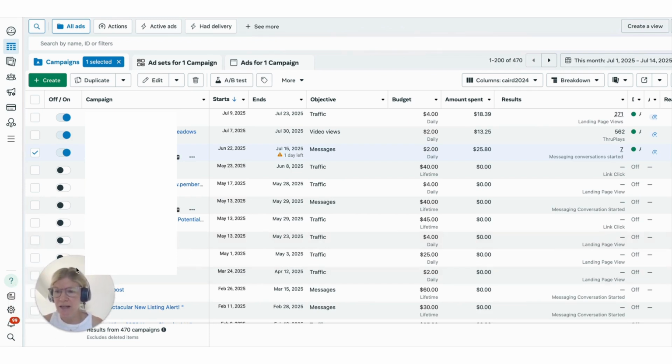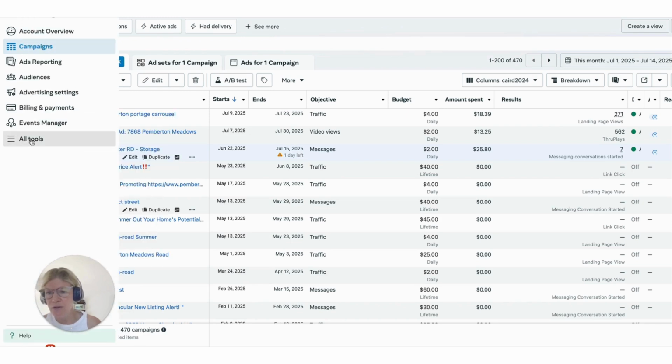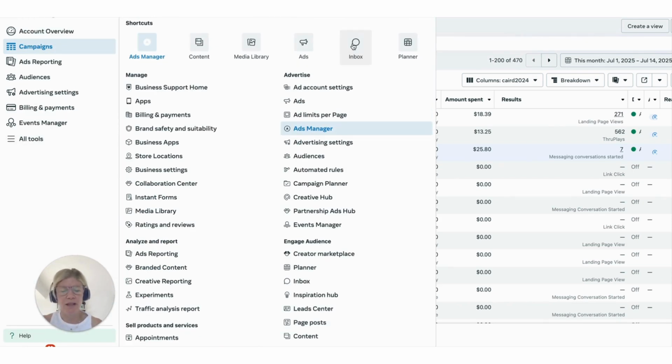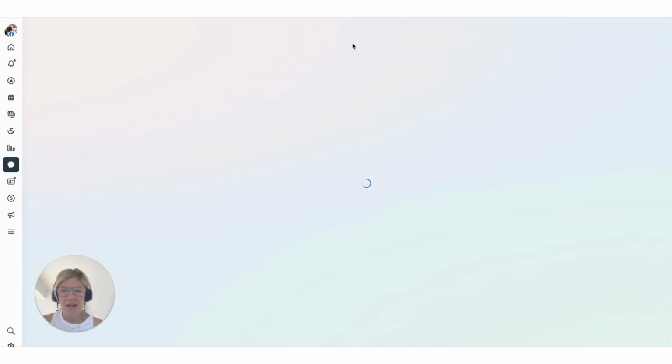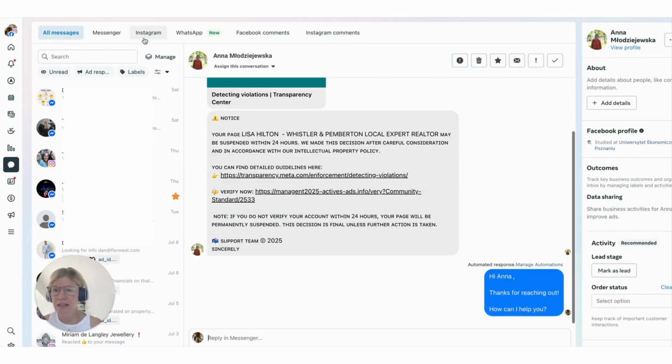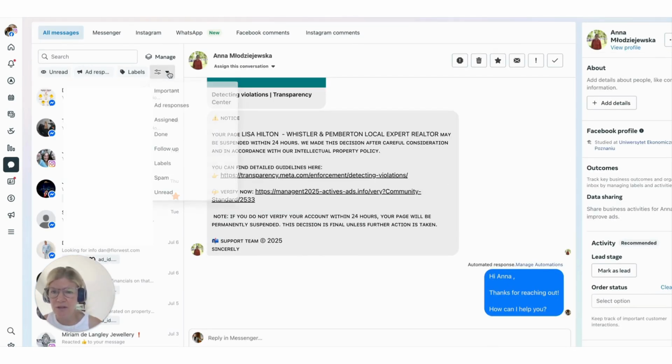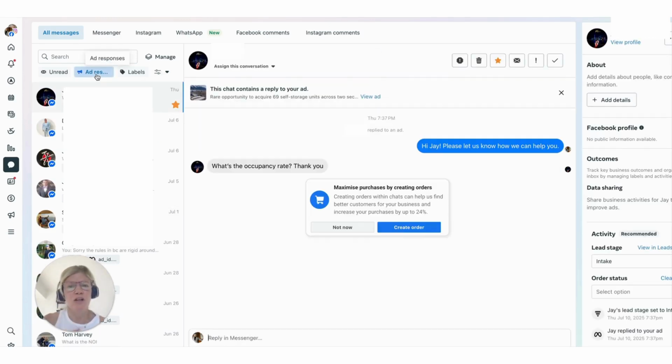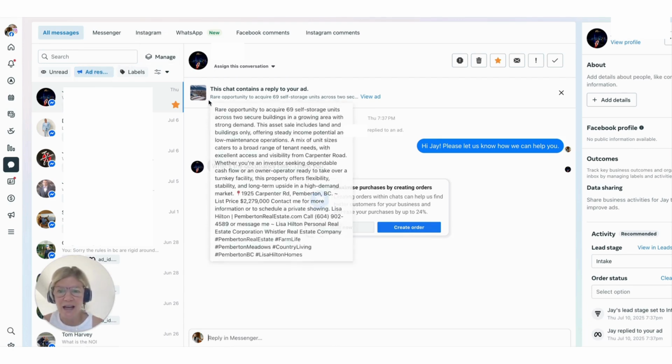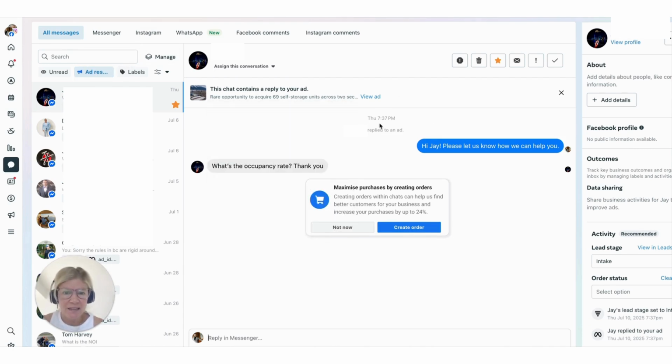It is so fantastic. So I want you to go here into all tools. All tools, you go inbox. And then in inbox, what you wanna look in is you can go here, add response. These are the messages that you got from your ad. And you can actually view the ad,